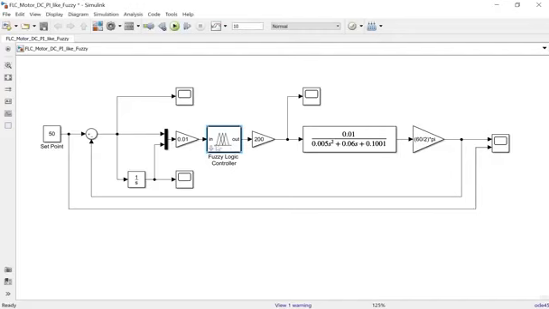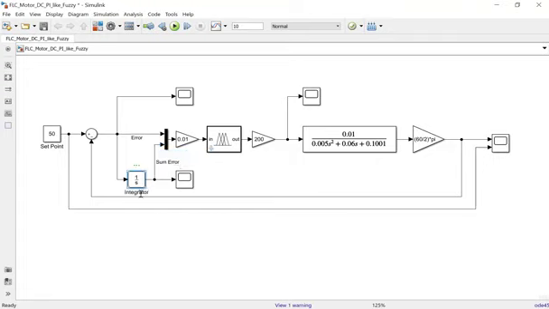The fuzzy logic controller has two inputs. The first is the error here, and the second is the sum error here.